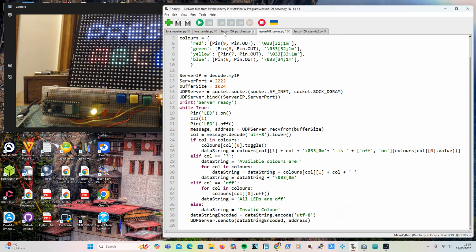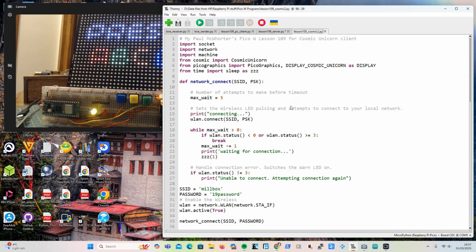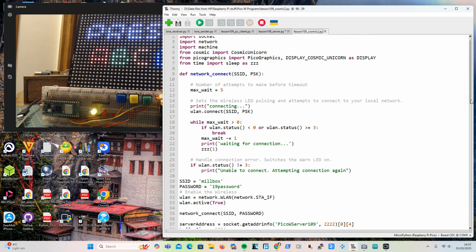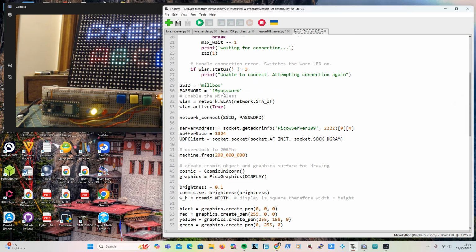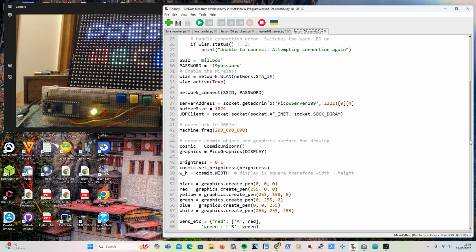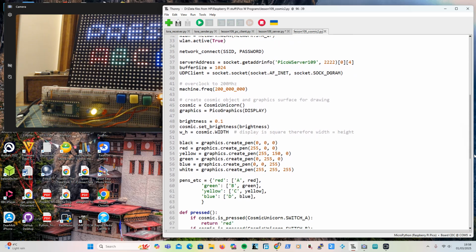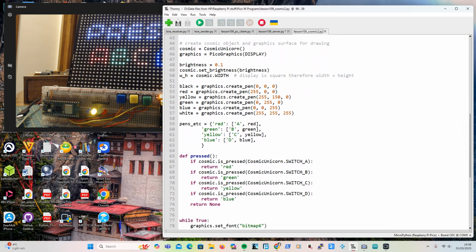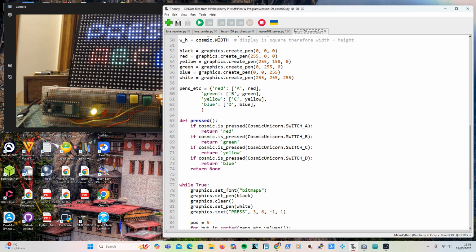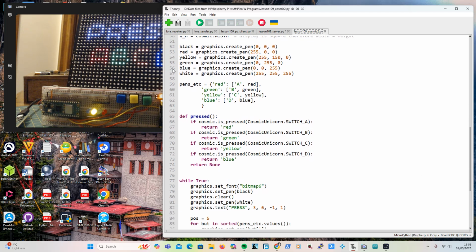Simples. Right, just have a look at the Cosmic Unicorn, which won't mean an awful lot to people unless they have a unicorn. Just setting up the connection with my secret password. All this is to do with the Cosmic Unicorn. Right, setting up all the pens, because it needs to have the pens set up,